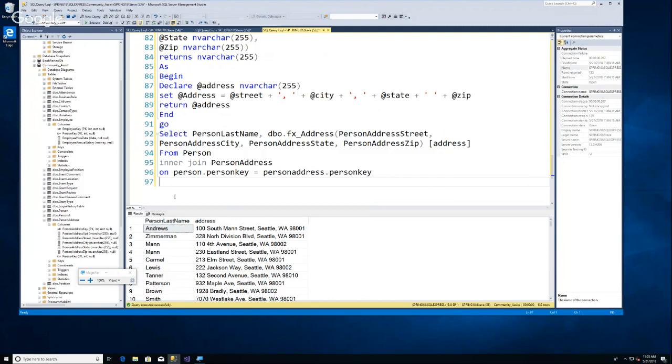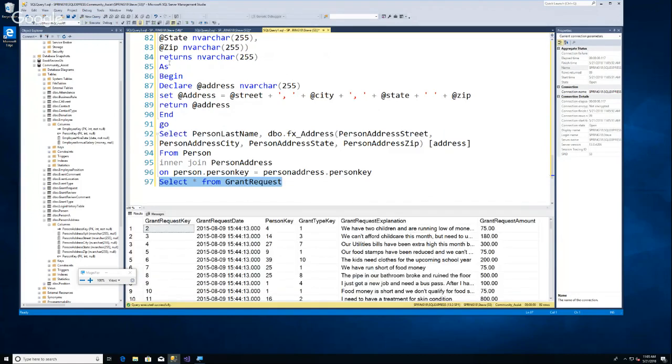Let me look at those real quickly. I'm just going to do select star from grant request. I have many different versions of Community Assist going right now, and I don't remember what's in what. So this has the grant request amount. I think in the review, in this version,